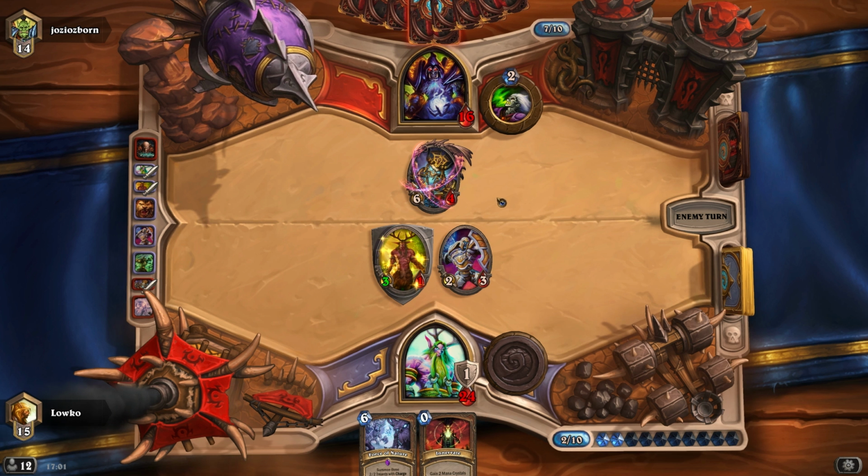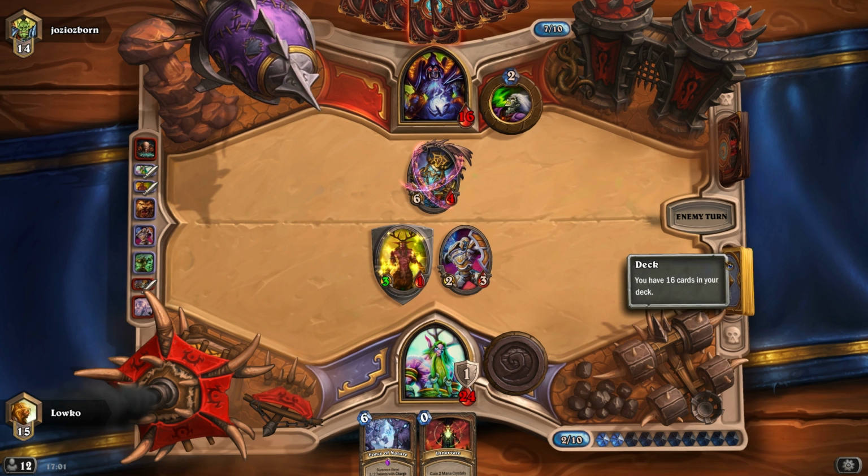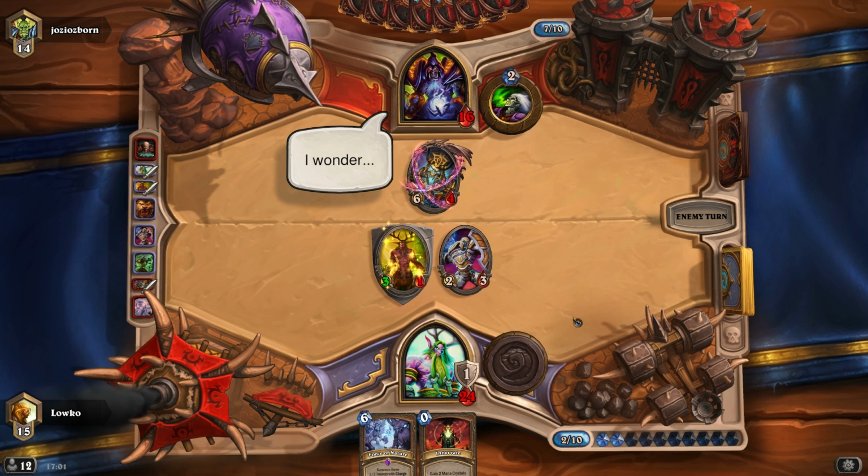Now Savage Roar next turn will still kill him. We've had plenty of chances for that. There is a Savage Roar. There's actually 2 Savage Roars in the deck, so...